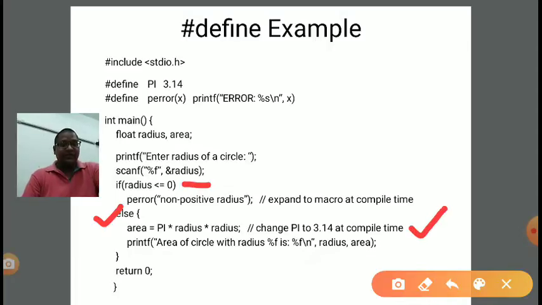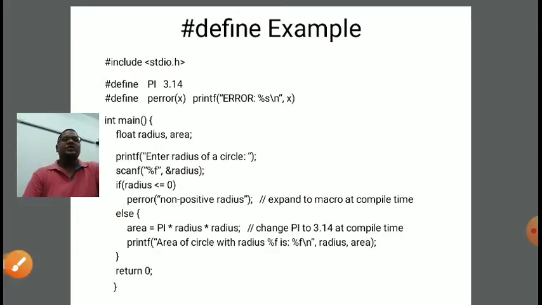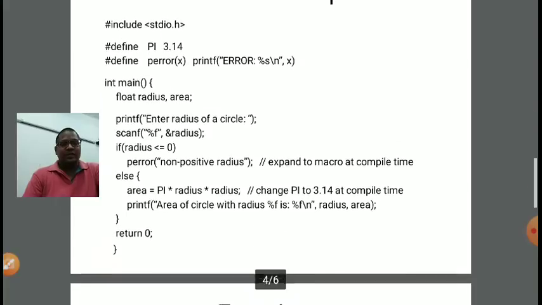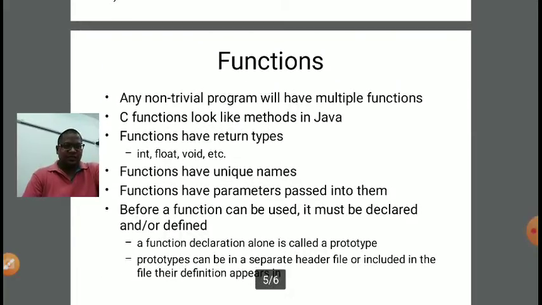It will calculate the area value, and then it will display the corresponding area. So #define can replace the constant variable declaration which we have done before main, globally. Now the next concept is function. Without a function also we can write a program, but what is the significance of including a function in a C program?